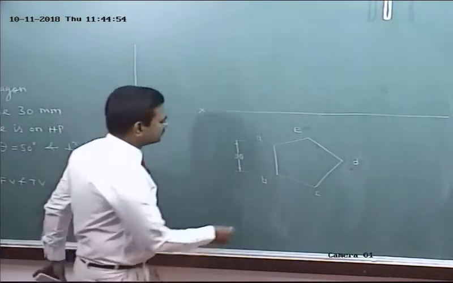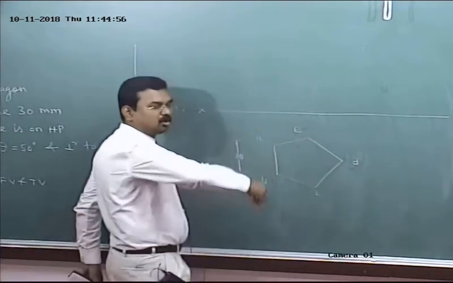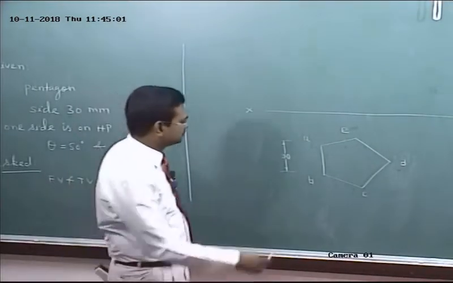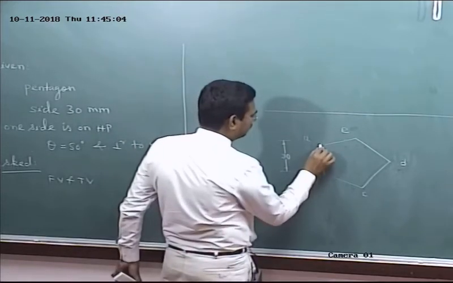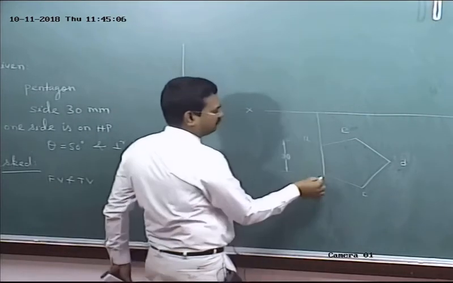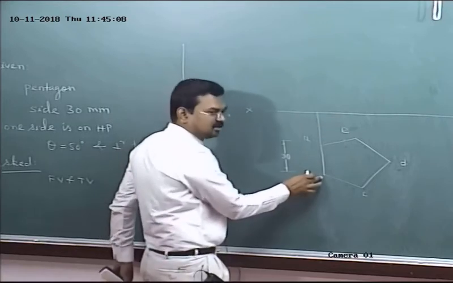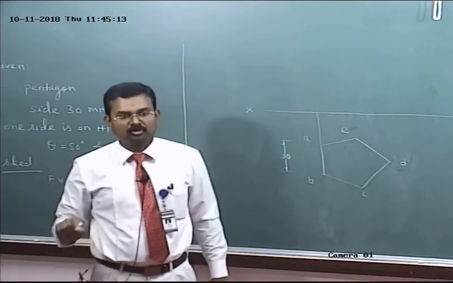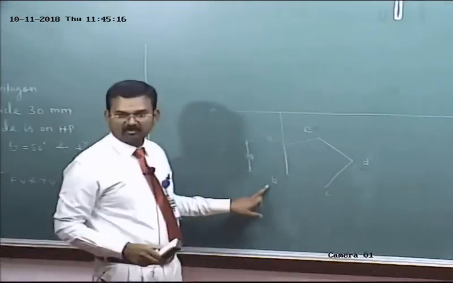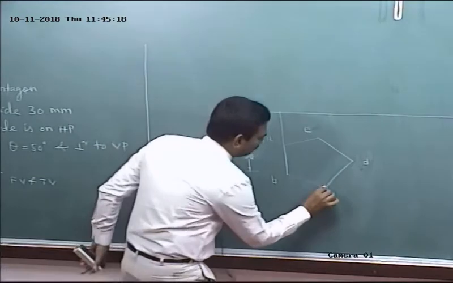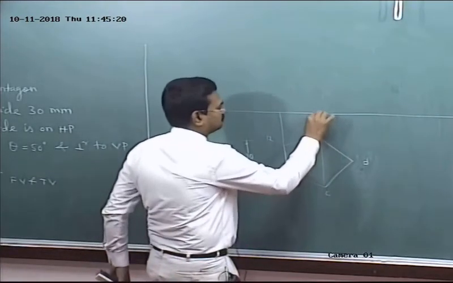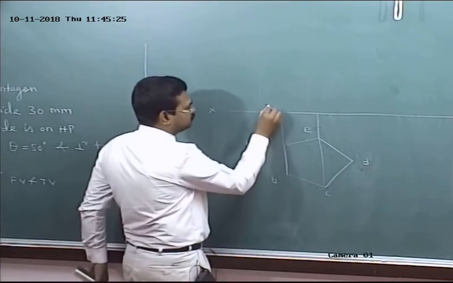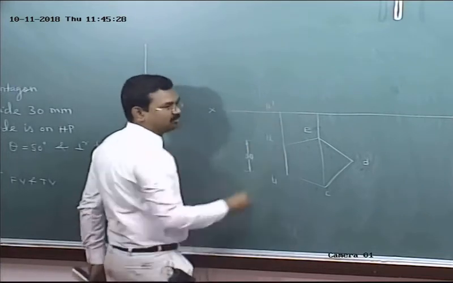So from the corners A, B, C, D, E, draw a vertical projector to cut the reference line XY at A dash, B dash, C dash. Listen, from A, draw a projector. The projector drawn from B lies on the projector drawn from A, so there is no need to draw a separate projector from the point B. Am I right? Similarly, from C, draw a projector. Listen, the projector drawn from A cuts the XY at A dash. Are you able to follow me?